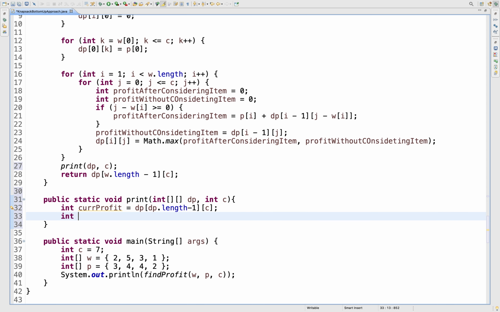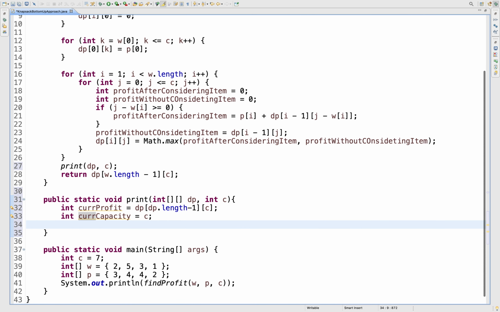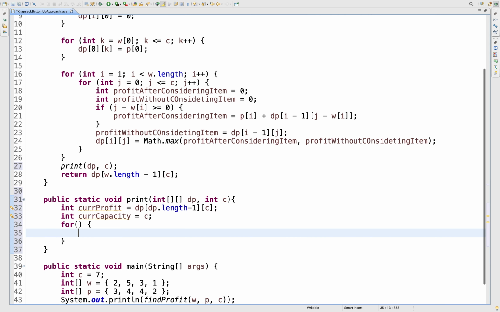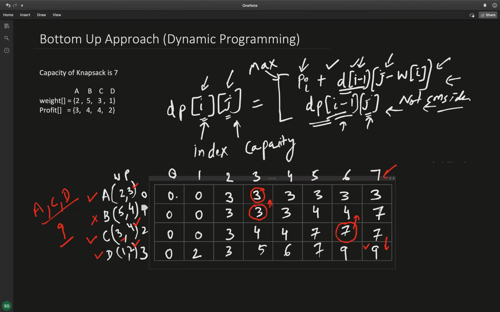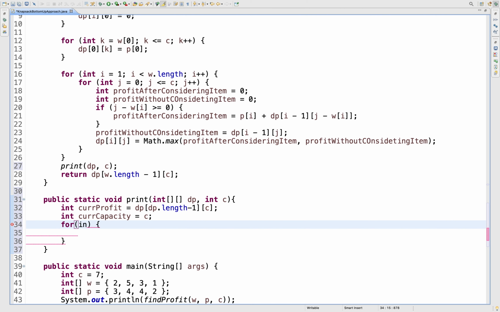And we will have some current weight, or you can say current capacity. So your current capacity is C, for example, and now you start traversing from this to this to this to this.